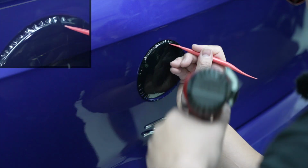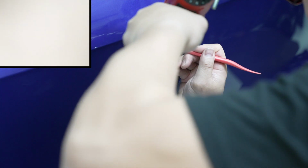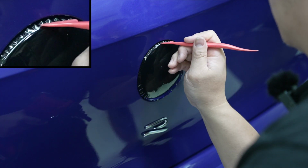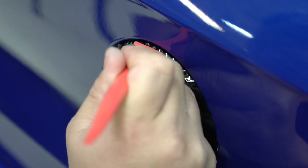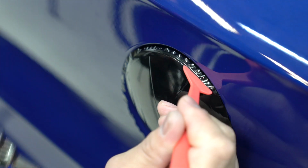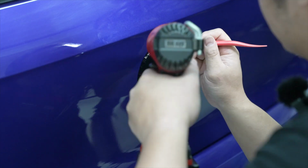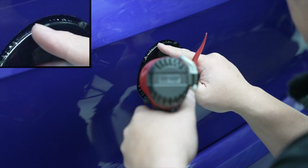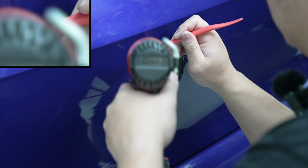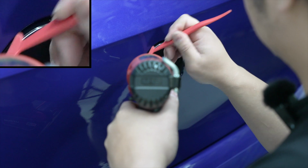So I'm just intermittently giving it some heat. I'm not holding the heat on constantly. I just want to make the vinyl pliable enough that I can smooth out these wrinkles. Like this, you see? I got this section flat now, and you just gotta keep doing this same routine all the way around the emblem,